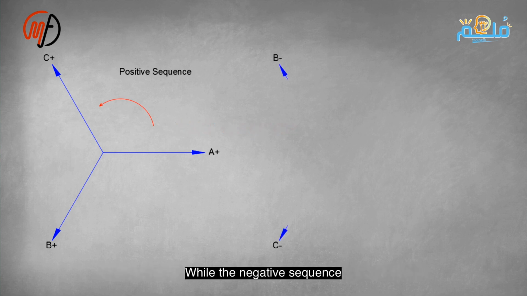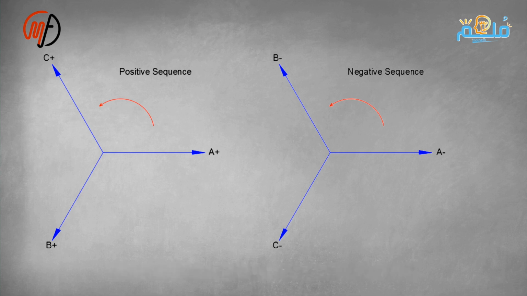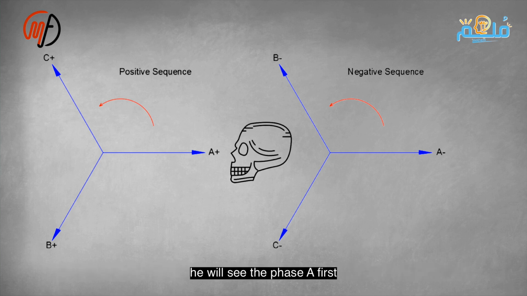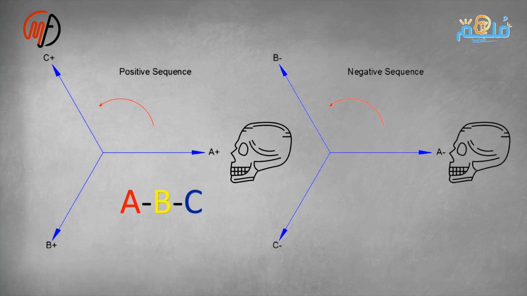To illustrate, we use a three-phase motor. It's just like any regular three-phase system, with one difference, it rotates clockwise. If someone were to look at the direction of the positive sequence rotation in space, they would see phase A first, then phase B, and then phase C. However, if they looked at the direction of the negative sequence rotation in space, they would see phase A first, then phase C, and then phase B. This means that the difference between the positive and negative sequences is that phase B is swapped with phase C,